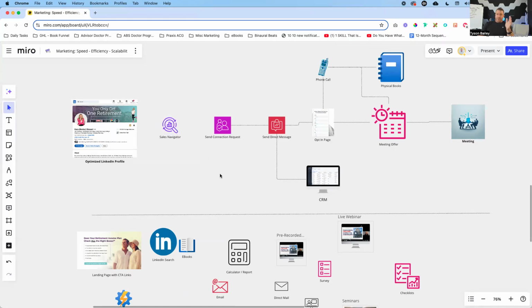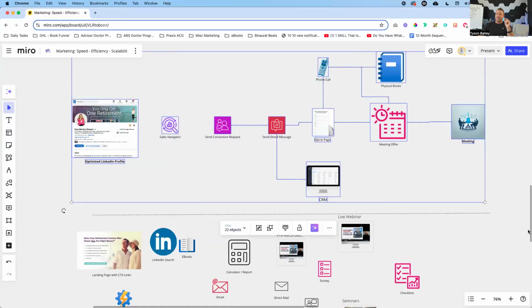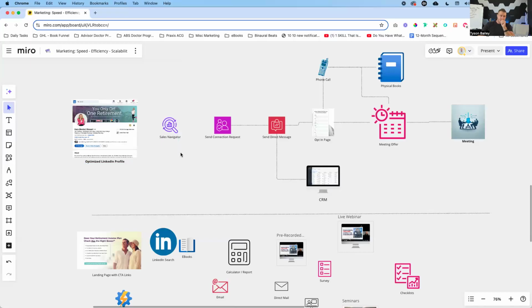Now, I mentioned before that with Sales Navigator, you're able to take a lot more action. So LinkedIn monitors how many actions you take on their platform on a daily basis, how many connection requests, how many messages, what are you posting? There are so many different things that they're monitoring. Now, with some of the foundational metrics or foundational actions, connection requests are critical. We constantly want to be filling up this process right here. This is something that needs to happen on a daily basis. Now, with regular LinkedIn, there's a limit to how many connection requests you can send out on a weekly basis. With Sales Navigator, they allow you to send more connection requests on a weekly basis.